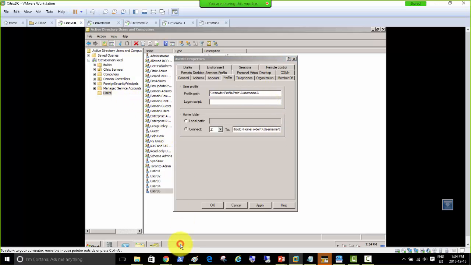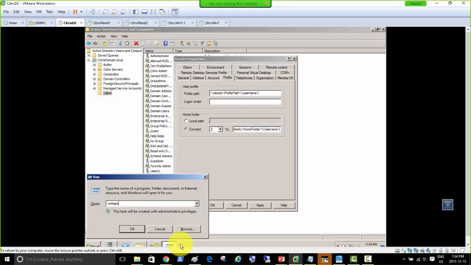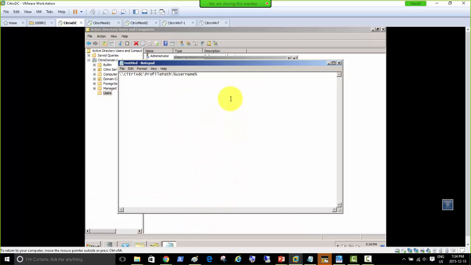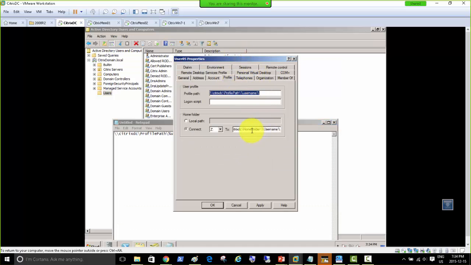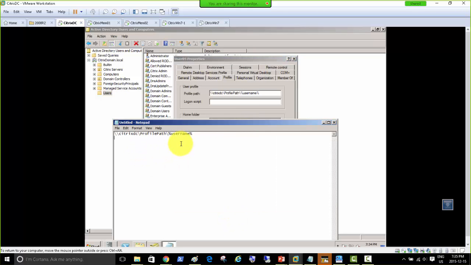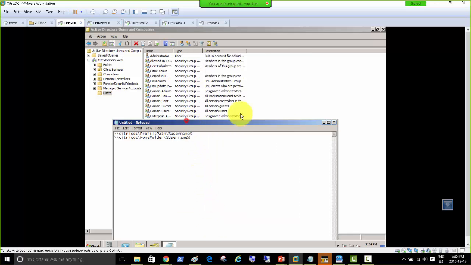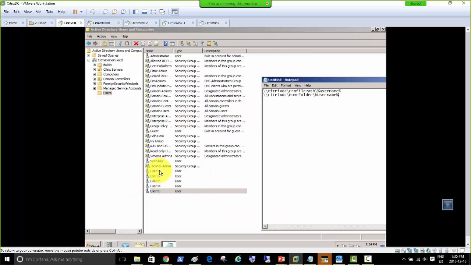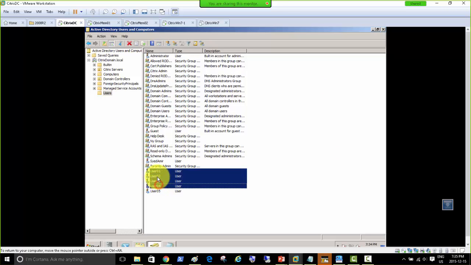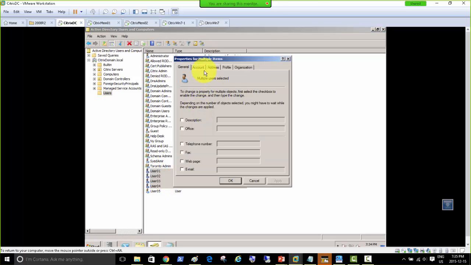Control C, Notepad, just to get that here. I'm going to do it once more for all the other users, just to make sure, in case we have to experiment with that later as well. So click apply here. I did not log in from user 5 till now, so apply. It detected that user 5. So if I want to do it with user 1, 2, 3, 4, I hope it doesn't disrupt my